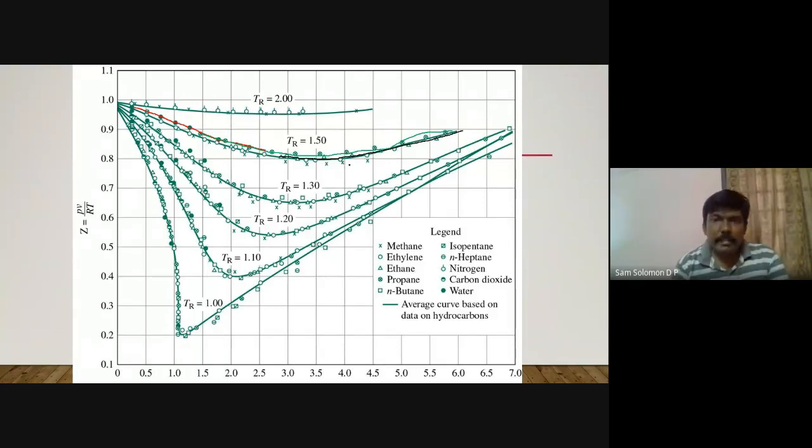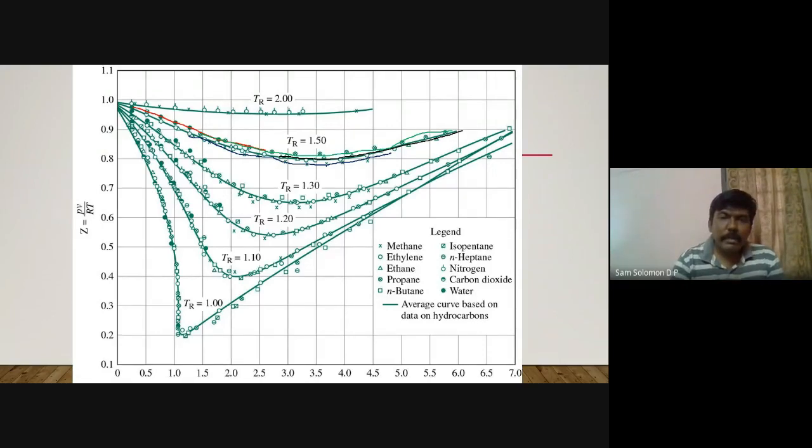But if you look at it, this black color curve and the green color curve are similar. Similarly, let me take blue. Here there is a cross mark. Join all the cross marks, and this cross mark goes even over here, and the triangle also comes over here. You can find that the shape of the curve for a particular temperature for all these substances is the same. The values are different, but the shape remains the same.